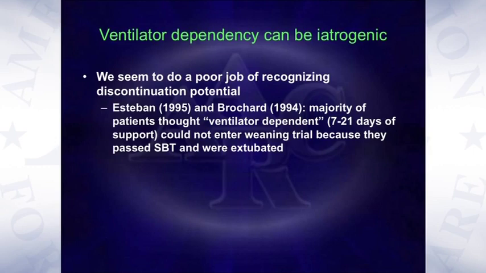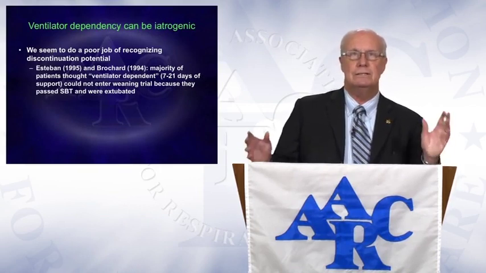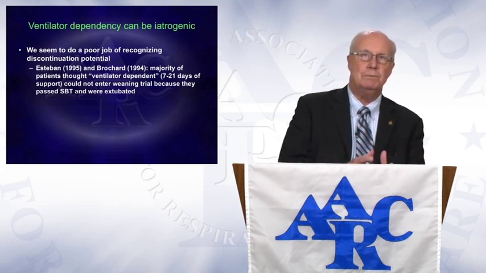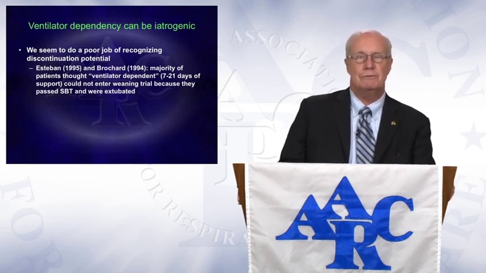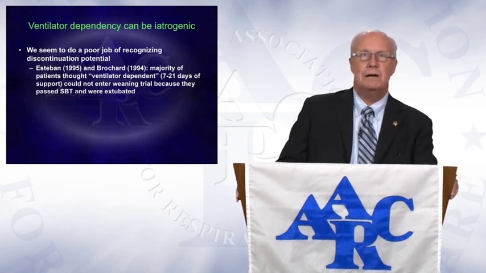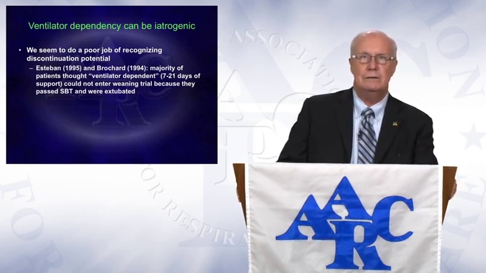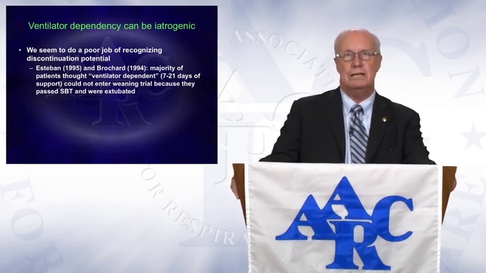This was first, I think, illustrated very nicely almost 20 years ago now by two large trials conducted in Western Europe, Esteban and Brochard. They were interested in trying to decide if a pressure support weaning strategy, a gradually increasing T-piece strategy, or an SIMV strategy was the best way to manage patients coming off the ventilator. Both of them did very large trials comparing these various techniques. And one of the most interesting parts of both of the trials is that to get into the trial, the patient had to prove to the investigators that they were indeed ventilator dependent.